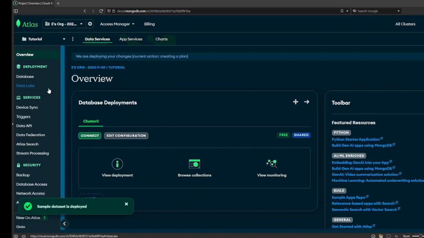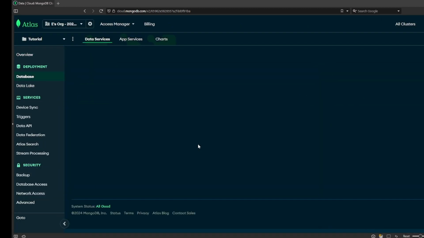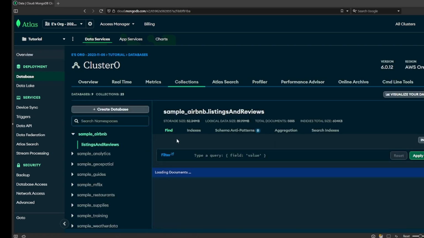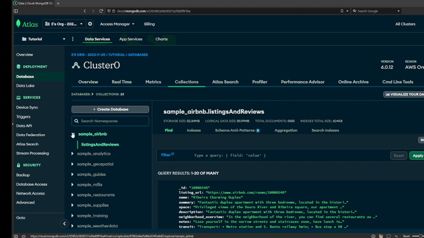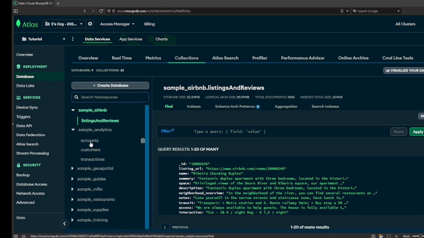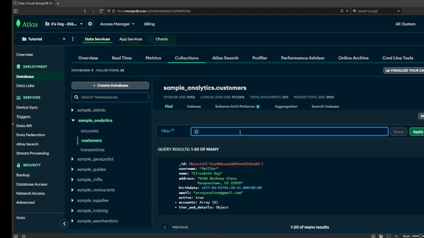And so now what we're going to do is browse the collections. So here is our sample data, and here we have Airbnb, Netflix. So here Airbnb, and then sample analytics, and you can see the accounts. So here's the query you can search. Username,